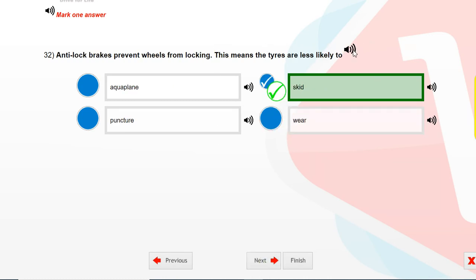Anti-lock brakes prevent wheels from locking. This means the tires are less likely to. Select one answer. Skid.